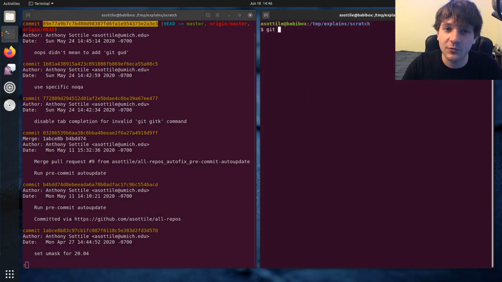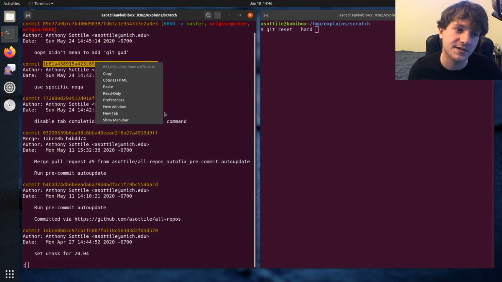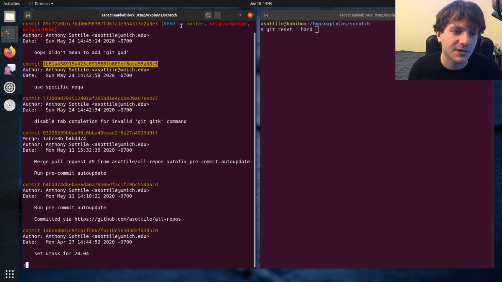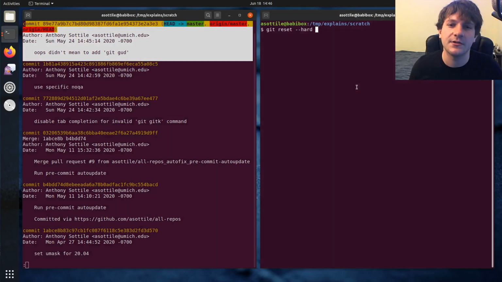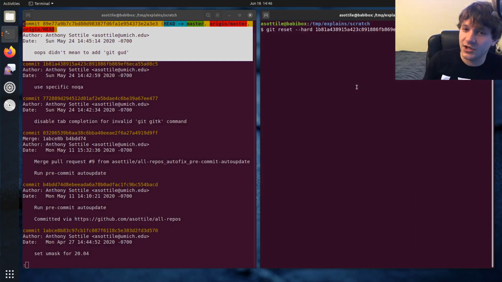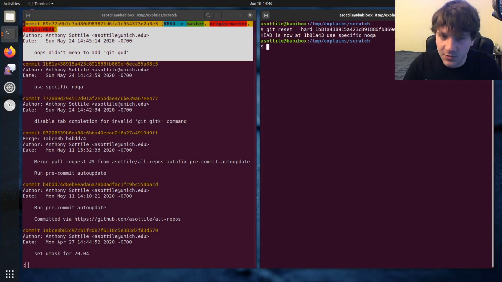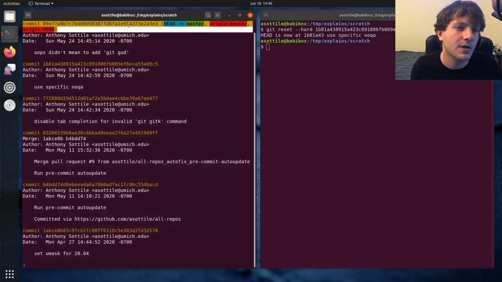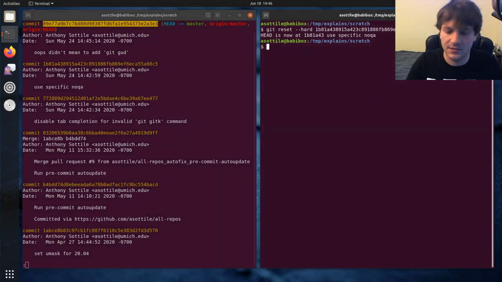And we're going to be using git reset --hard. In this case, we're going to reset to the commit before it. This is the one that we want to target, and so we're just going to delete this commit entirely. If we do git reset --hard, it will do that. What --hard does here is it doesn't keep these changes at all. So these changes,